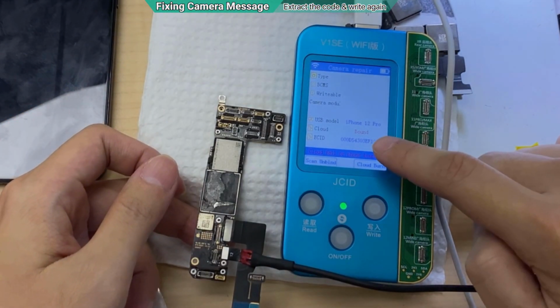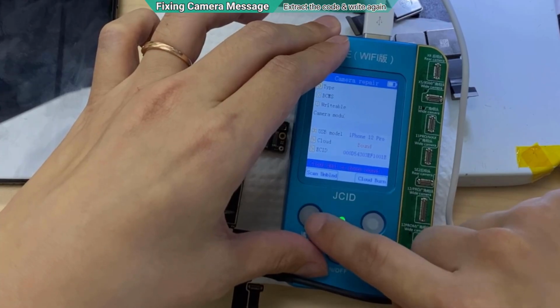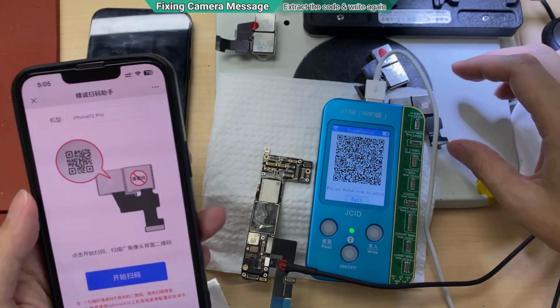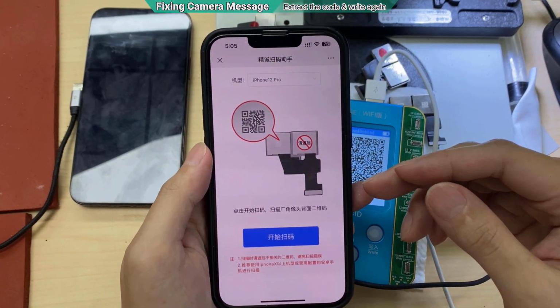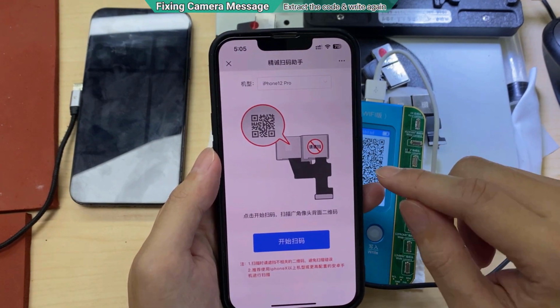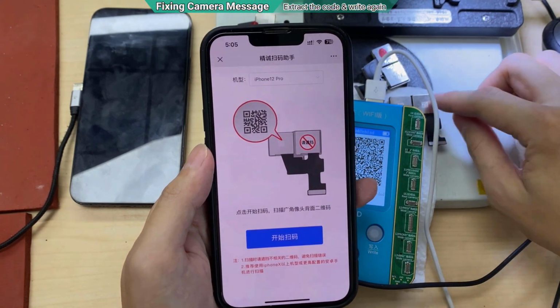So it has read this iPhone 12 Pro, still bound. Scan and bind, do the same thing again. One motherboard has one chance. Yeah, the instruction is clear. So I explained this is Chinese, okay? You're going to block this guy, you know. Do not let him see this code.